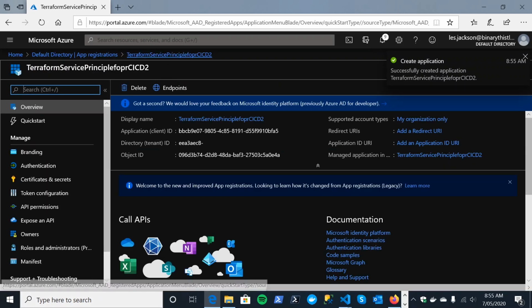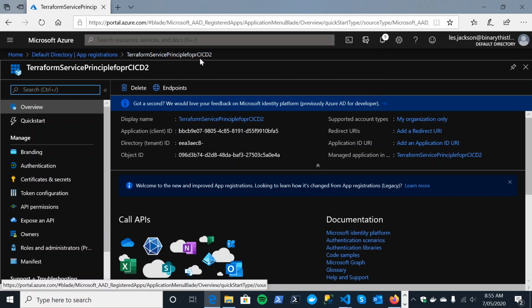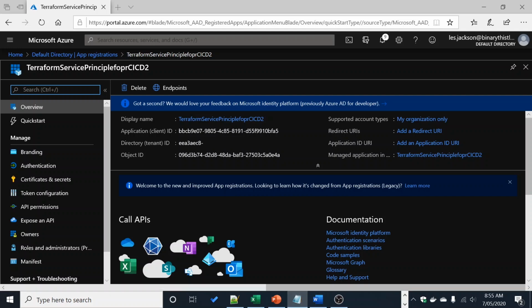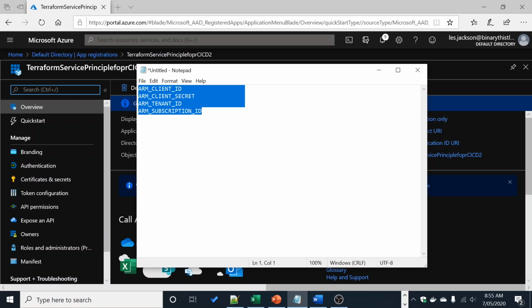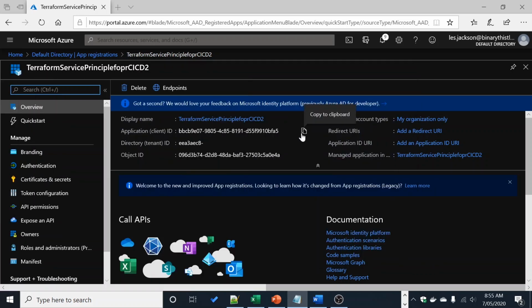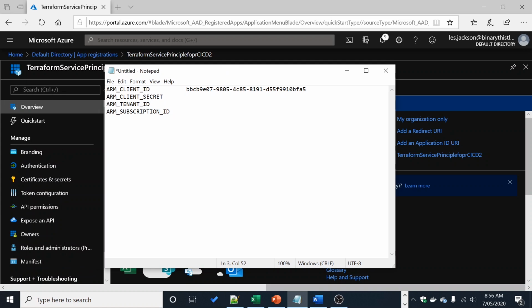Now this takes you into this particular app registration. You can see here on screen there are a number of bits of information that I'm going to take a quick note of. I've got a notepad over here with the 4 environment variables that we're going to need, and I'm going to copy these over to that. First one, client ID, copy it, paste it over here. Next one is the tenant ID, we need that, paste that in here. Now again, this client ID we'll destroy at the end of the day. The tenant ID I've redacted here, or should have redacted in the edit, which is just the ID of my Active Directory. The client secret we're going to generate next,